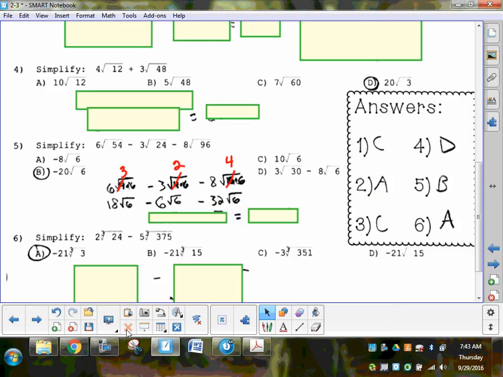Are those all like radicals? Absolutely. So now when I go across, we've got 18 minus 6. 18 minus 6 is going to give you 12. Then you've got minus 32 more. That would give you a